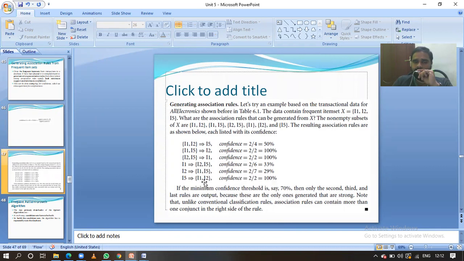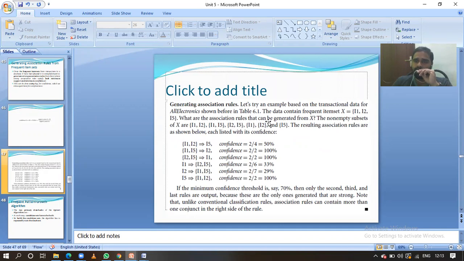I5 tends to I1 I2, that is one association rule. Likewise I2 I5 tends to I1 is one association rule. And I1 I5 tends to I2 is one of the association rules, since it obeys the minimum confidence. One point to remember here: to generate frequent items we use minimum support. For calculating the association rules, we use the confidence guys. The confidence formula is this one. Based on that we can generate the different association rules.